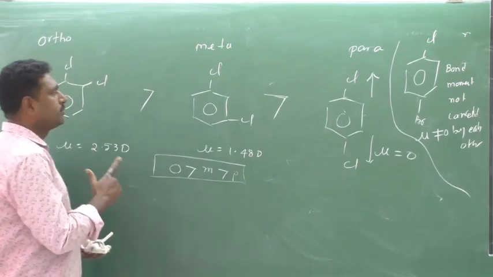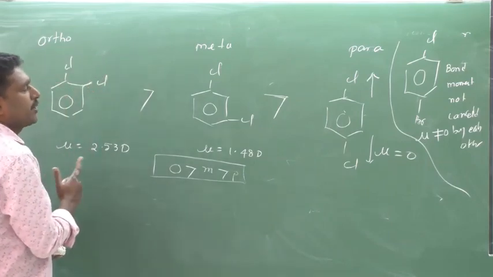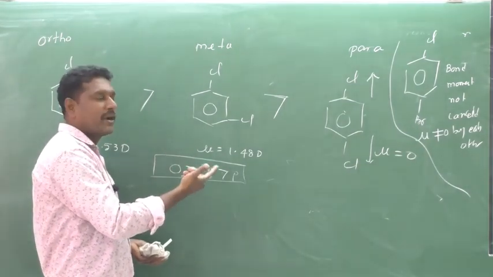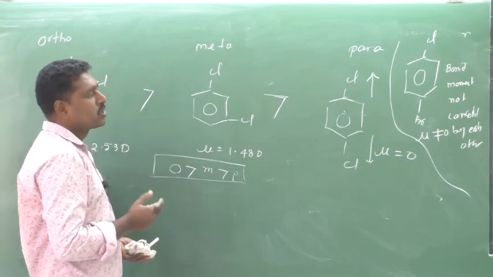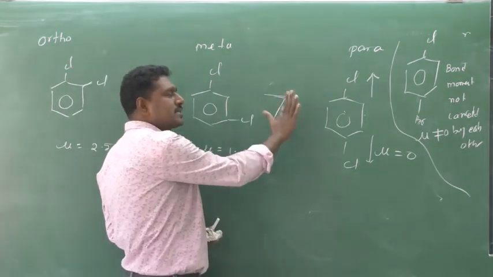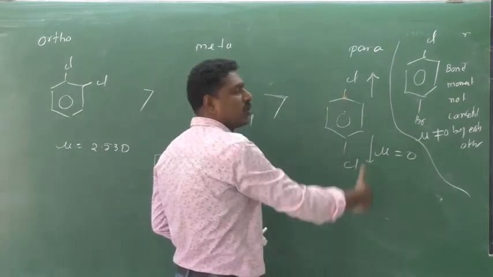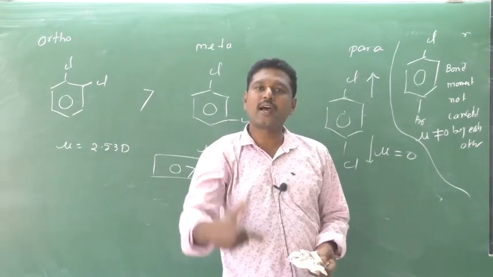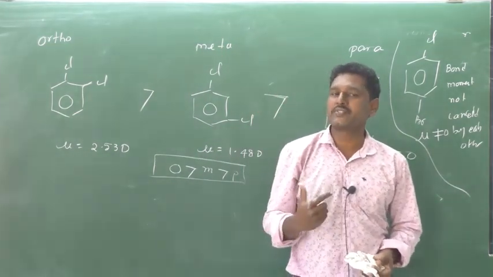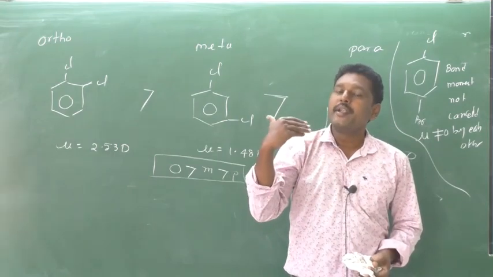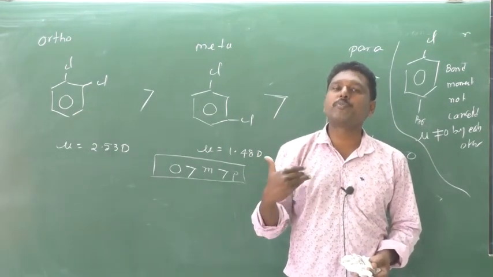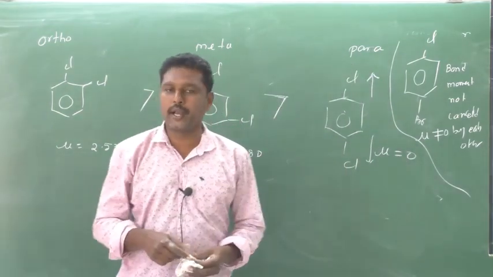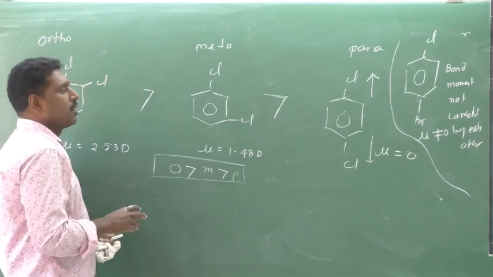Therefore, in the case of ortho, meta and para isomers, the ortho isomer has more dipole moment than meta and para. In the case of para, the bond moments are cancelled by each other and the net dipole moment is 0. Net dipole moment means in one direction +1, in the opposite direction -1, so the net dipole moment cancels out. Therefore it is also one of the important points. So after that